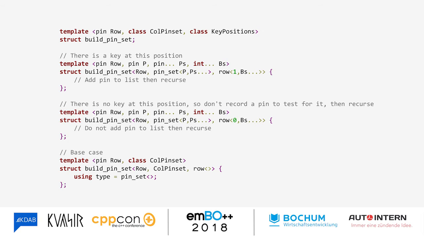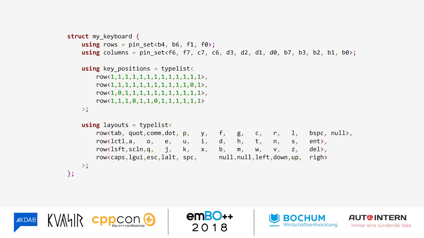So if you're not that familiar with templates, this might look a little bit scary. It's even more scary if I don't have these comments and I have the actual code in there. But the basic idea is I want to do pattern matching on what the user puts into this key positions. So I'm going to match up my rows and columns, and if there's a 1 there, I want to build that into a list, and if there's a 0, I just want to forget about that pair and never generate code for it.